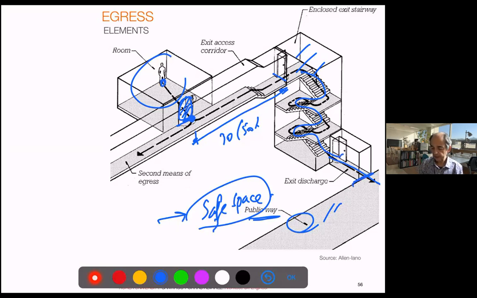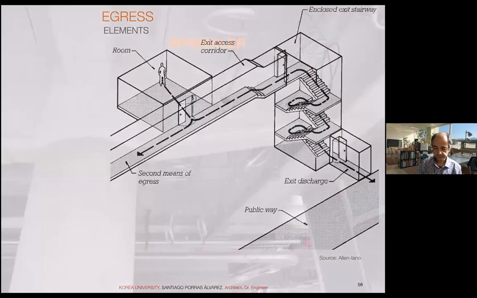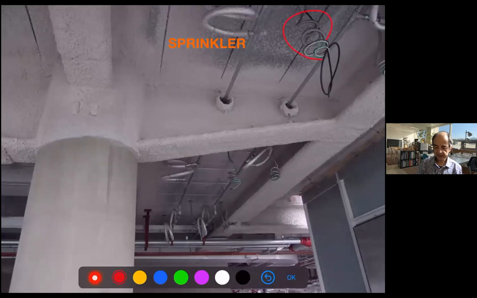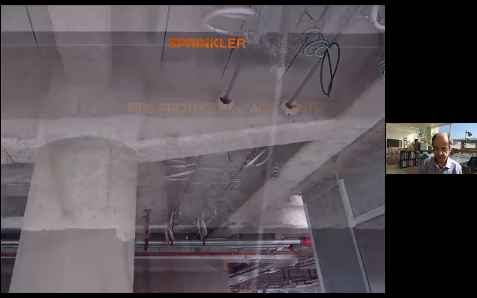and sometimes you will have difficulties getting them accepted as safe exits for the building. And in general, we try to have the space between the stair and the building also be safe, right? To have resistance to fire, at the same time to have ventilation, and not to have any kind of dangerous spaces. If you have a restaurant kitchen next to it, and you have a fire in the restaurant kitchen, right? You cannot exit the building anymore. So you have to make sure that exit is safe. These are the sprinklers. This again, KT building, very useful. And you see the provision of the openings, so you don't need to use too much space.